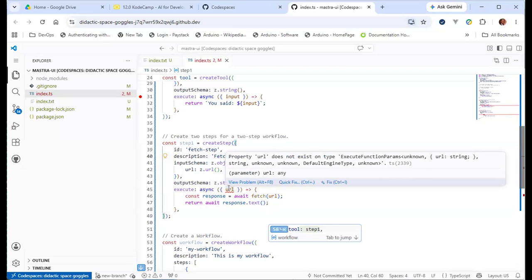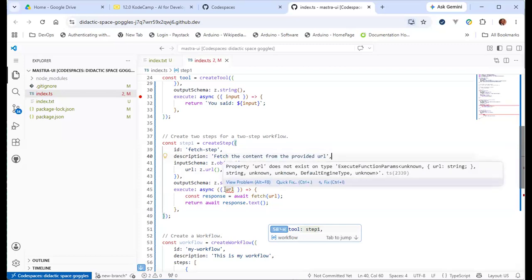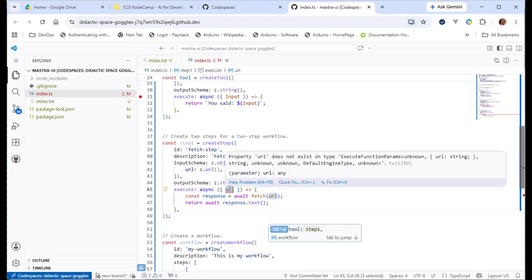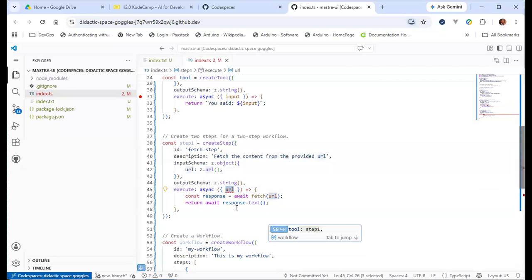Oh yeah, okay. I think I know what the challenge is. For a step, what is structured here is actually something called input data. That's what it is called.